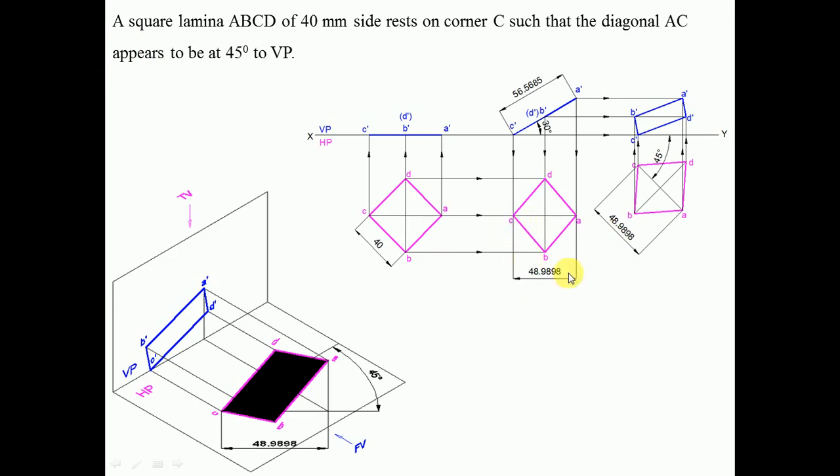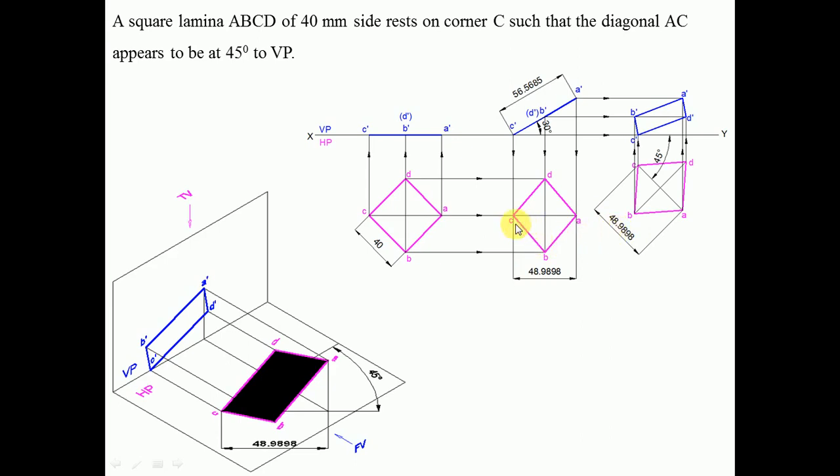So you reproduce the second position directly by transferring the distances at an angle of 45 degrees. First you draw an angle of 45 degrees, and then consider the CA distance: consider any point C on that 45 degree line and cut an arc on this to get the point CA. Then this distance is 48.9898, and similarly this distance is also 48.9898.